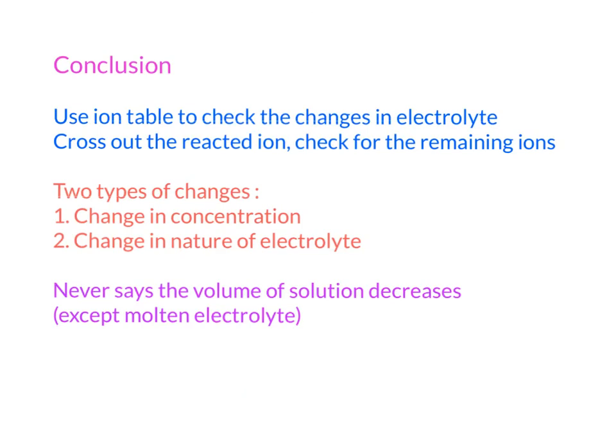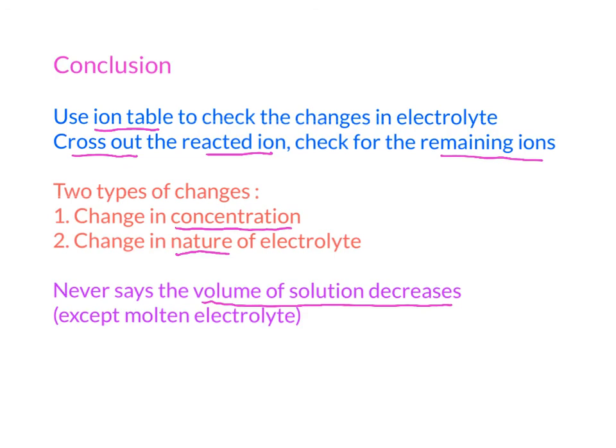So in short, we're going to have a conclusion. When we talk about changes in electrolyte, you have to pay attention to the ion table, cross out the reacted ions and then see what kind of ions remain. The changes in the electrolyte mainly talk about changes in the concentration, like concentrated or dilute, or even the nature of the electrolyte. But do remember, in these cases, never mention that the volume of the solution decreases. Even though the water is getting less, it is not good enough to say that the volume of a solution decreases,